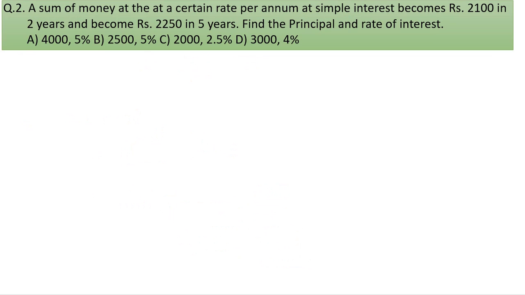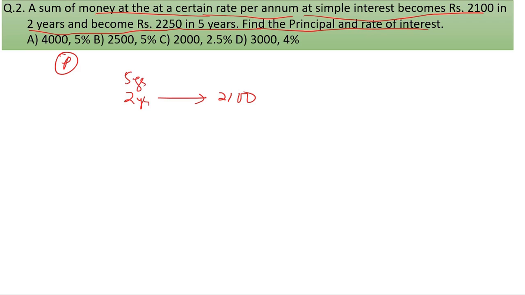In the next question we have a sum of money at a certain rate per annum. Simple interest becomes 2100 in 2 years and becomes 2250 in 5 years. Find the principal and rate of interest. Here, principal we do not know. So after 2 years the amount becomes rupees 2100. In 5 years the amount becomes